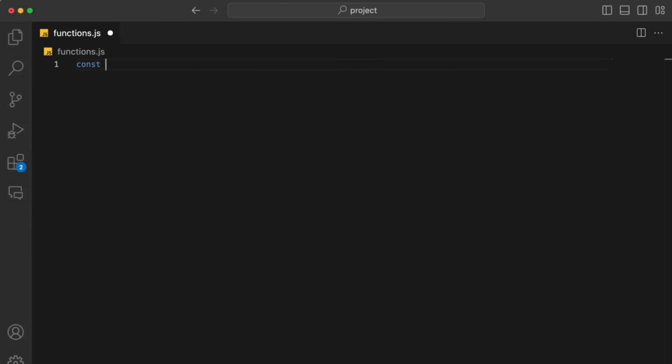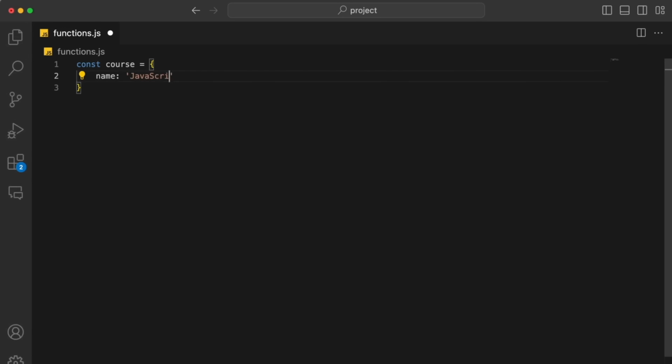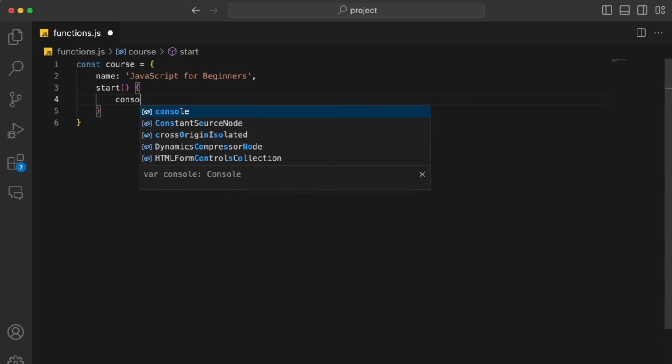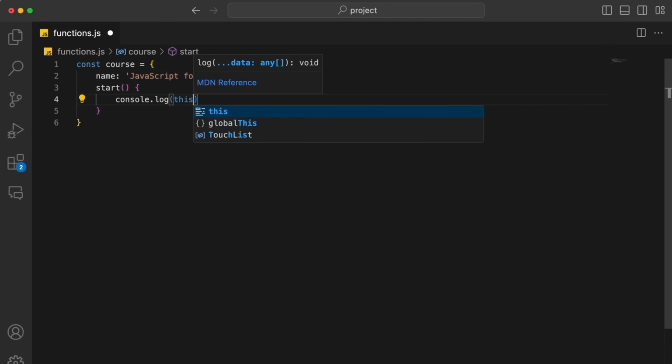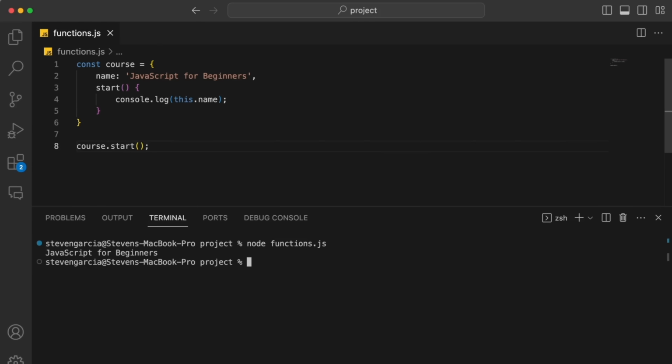If I create an object, name it course, with the name, JavaScript for beginners, and if I declare a method, I'll name it start, console.log of this.name. Now if I were to call this method, I'll say course.start. And if I output that, I get JavaScript for beginners. So in this example, the this keyword points to this course object, allowing us to access the name property of